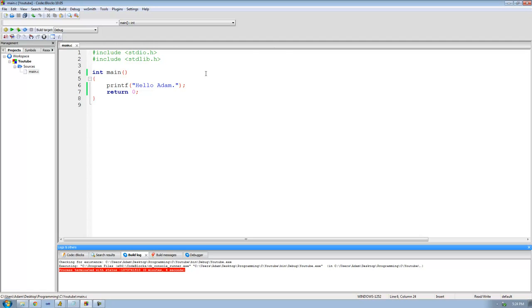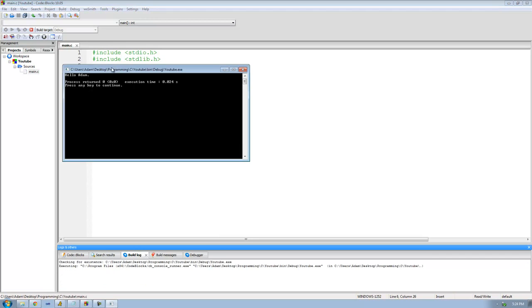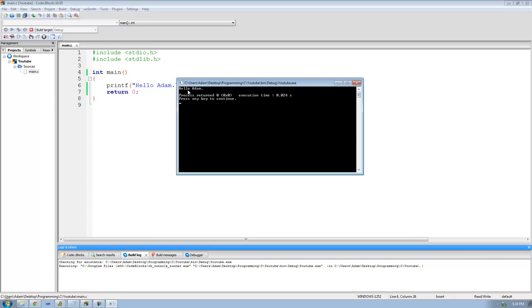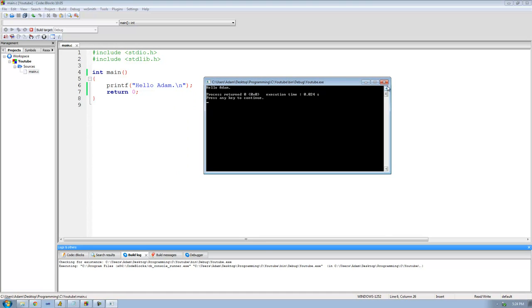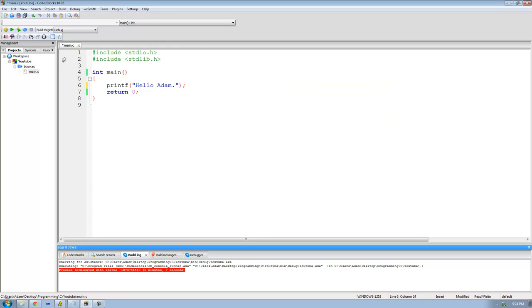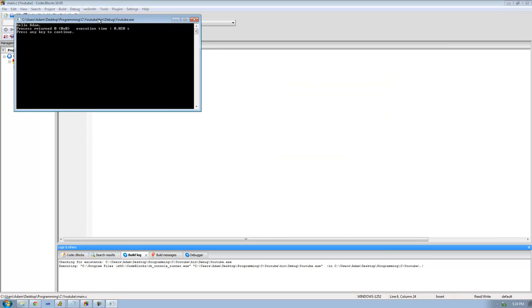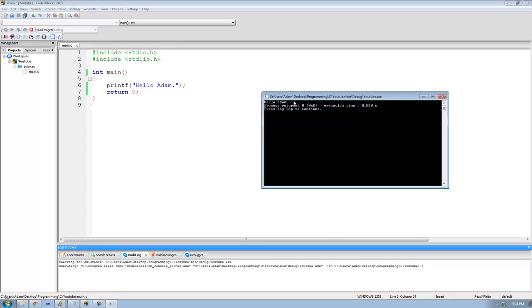Now you're probably wondering what this \n was for. Well, \n means new line. So if I go ahead and run this now, we see that there is a space between "Hello Adam" and this "process returned" yada yada. So if I were to delete that, we see that there is no space. So what that did, it'll basically just create a new line,